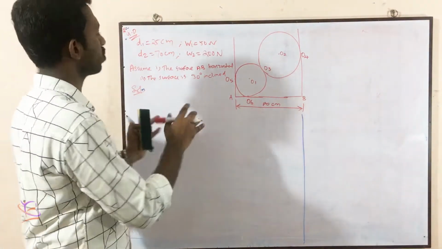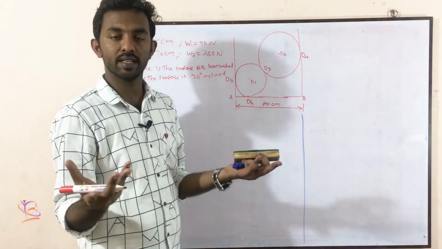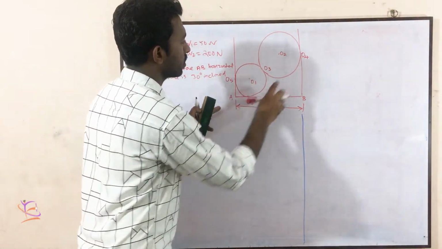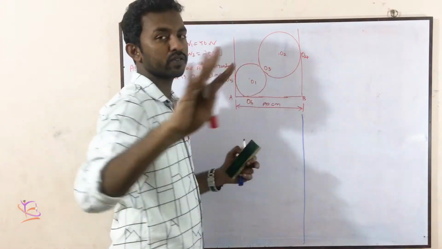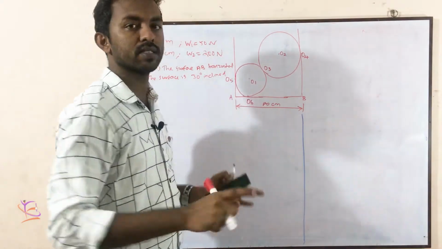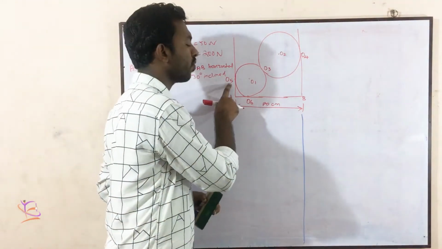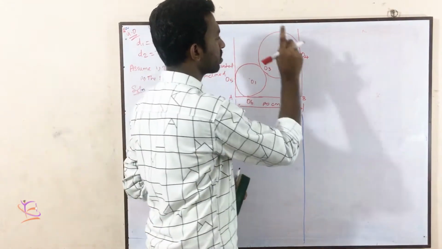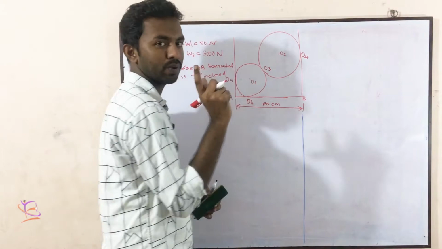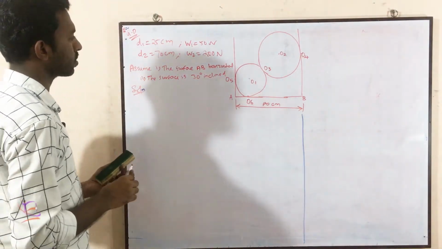We want to find out what is the thing to be found out. We know the weight, we know the diameter. What is the thing to be found out at this condition? O5, O6, O4, and here one contact. Four contact places are there. So for these four contact areas, some reaction force will be developed. So we have to find out reaction at O5, reaction at O6, reaction at O4, and the reaction between O1 and O2. Okay, clear? I hope this is clear. So now we can move on to the solving of this one.